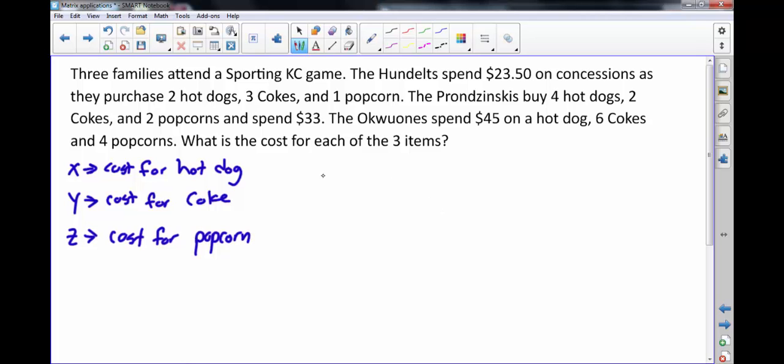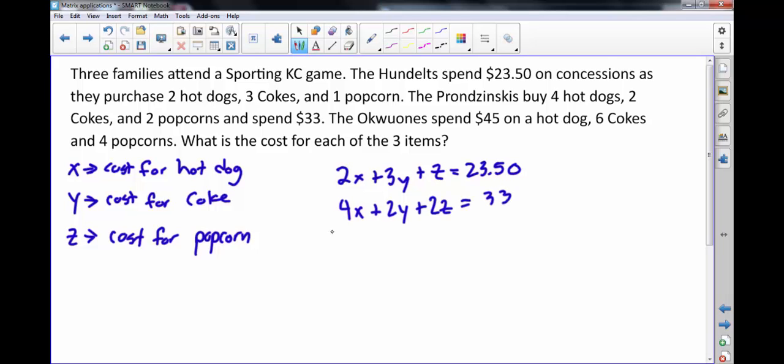All right, so we're going to consider each of the three families. Let's start with the Hundelts. They purchased 2 hot dogs, that's 2X, 3 Cokes, and 1 popcorn, and spent $23.50. The Pronzitskis get 4 hot dogs, 2 Cokes, and 2 popcorns, and they spend $33. And then finally the Okwanes get 1 hot dog,